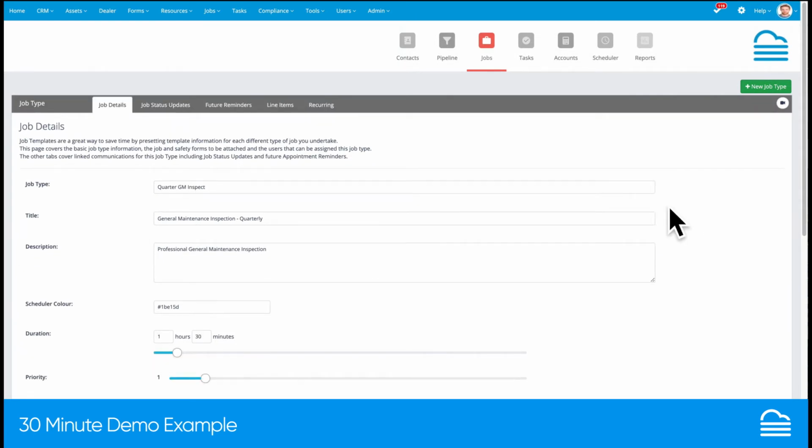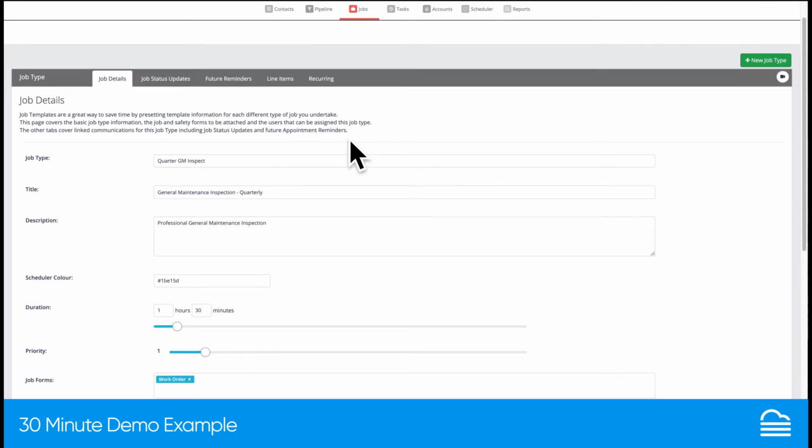And here I'll show you very quickly what these job type templates can do. Now remember, you don't have to use these. They're completely optional, but I want to show you how much time can be saved if they are relevant to your business. Okay, there's 5 tabs across the top that are optionally available to complete to make this job type